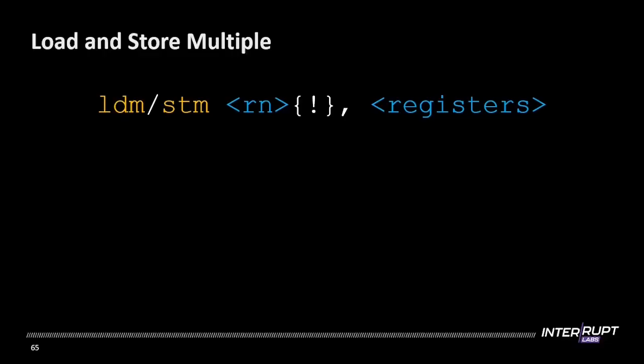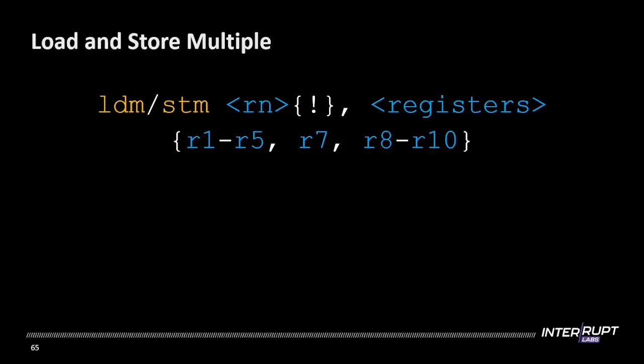So we'll now look at something that exists in ARM32 but doesn't exist in ARM64, and that are these LDM and STM instructions, which allow you to basically load or store all registers at once. So RN holds the address you want to load from or store to, and registers is a list of registers you want to load or store. Now, register lists are something else that doesn't exist in ARM64. This is an example. It's basically a comma-separated list enclosed in curly brackets, and hyphens can also be used to